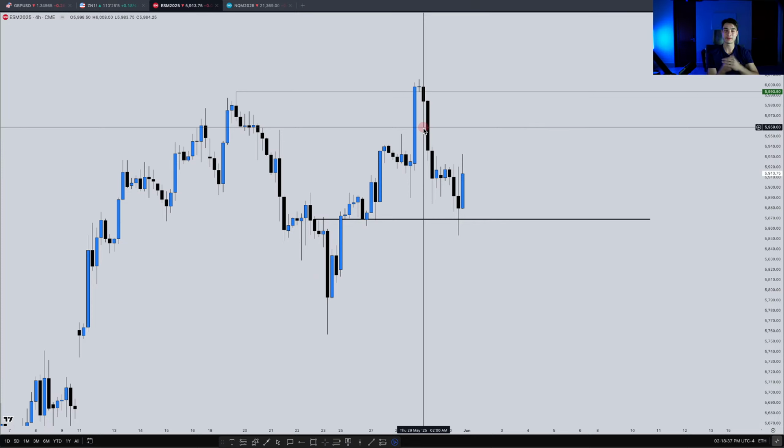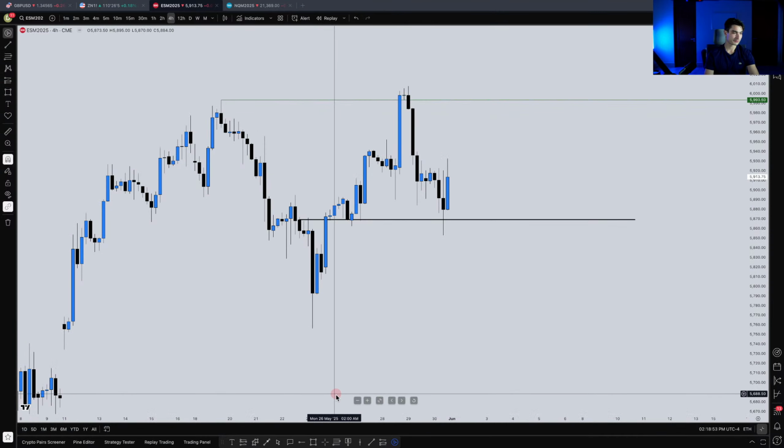In summary, though, I'm not calling a top. I'm staying with the bullish bias. I've gotten burned in the past trying to call tops before I really knew what I was doing, and I've just learned it's a loser's game. Trade the underlying order flow, trade the direction. When it does shift its direction, it'll communicate that to you, and then you'll be able to just navigate that accordingly. All right, going over to Nasdaq.